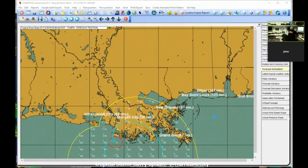Morgan City and Intracoastal Louisiana, which it looks like it's going to pass over those areas directly, were not in my top 5 this year. In fact, they weren't in my top 20. So we'll see what happens the rest of the year with my other top 20 picks, which I will share with you as it warrants. So again, we go forward,